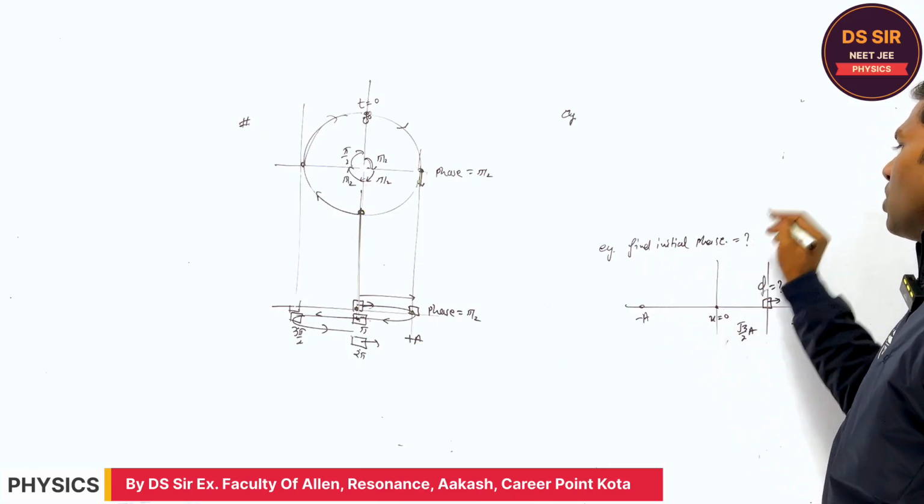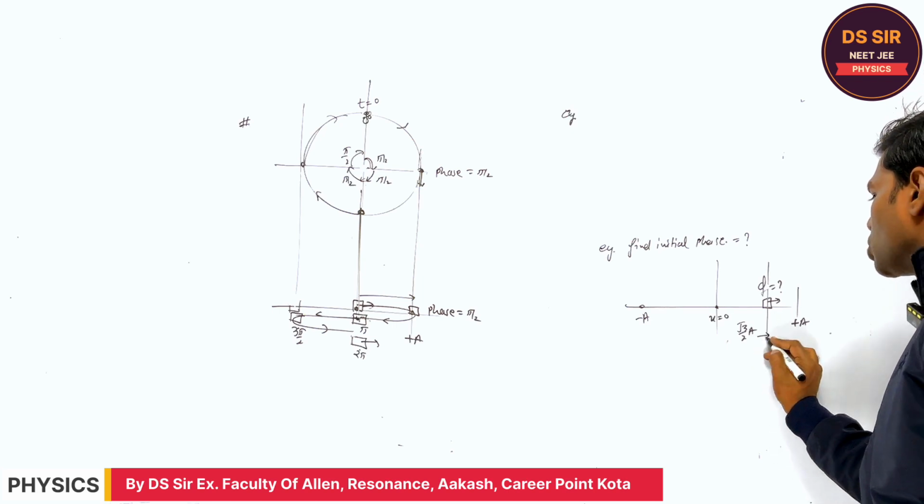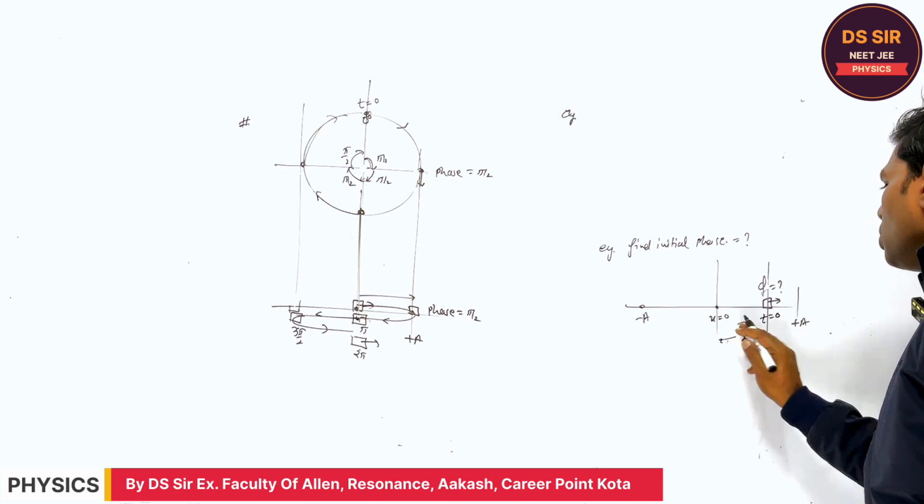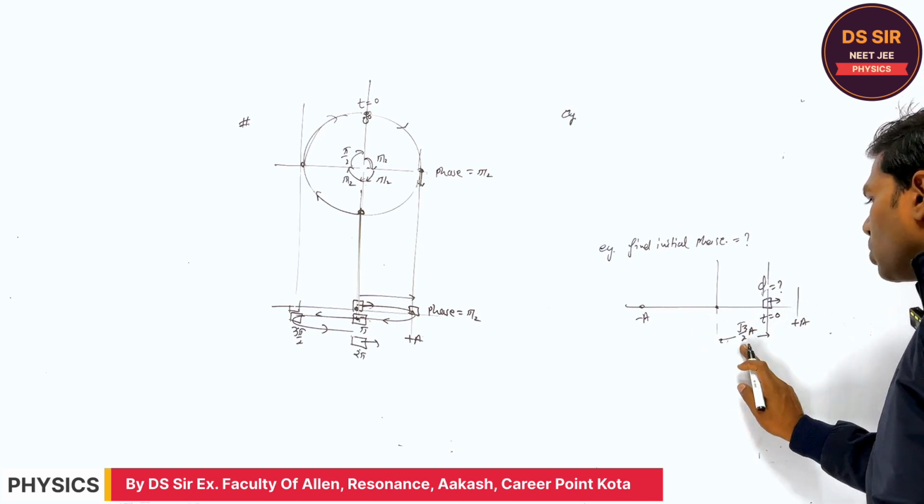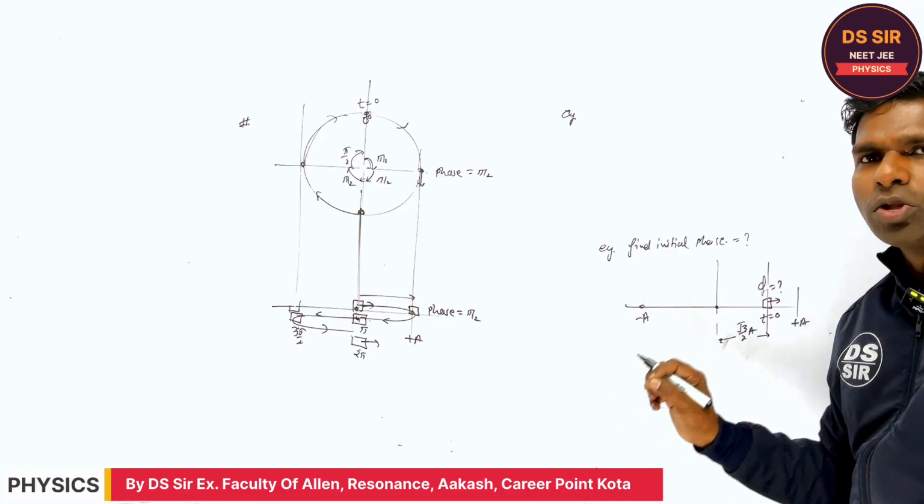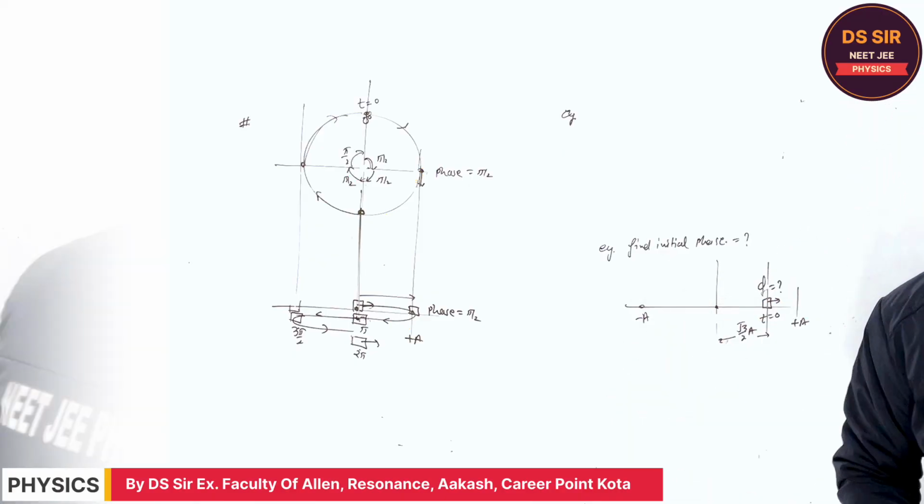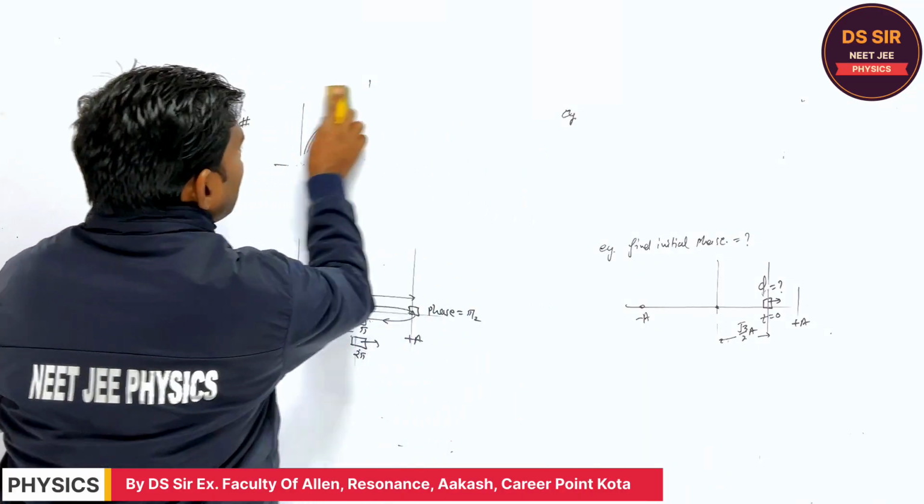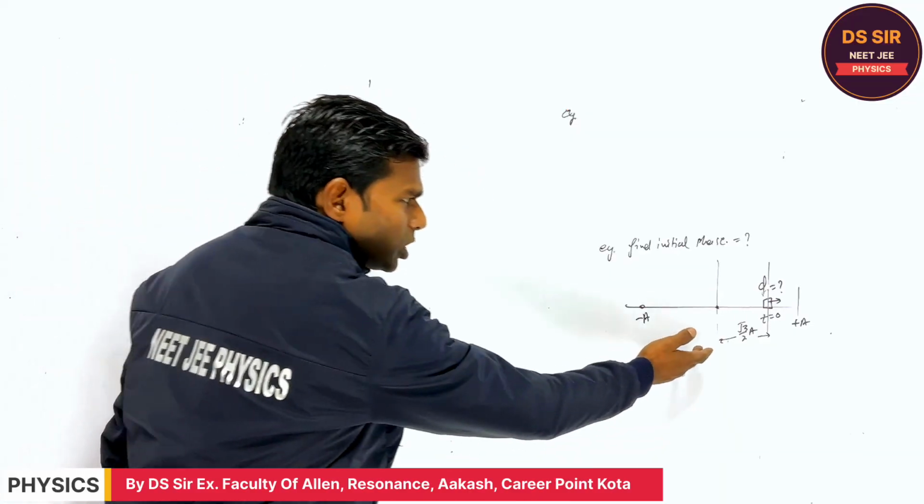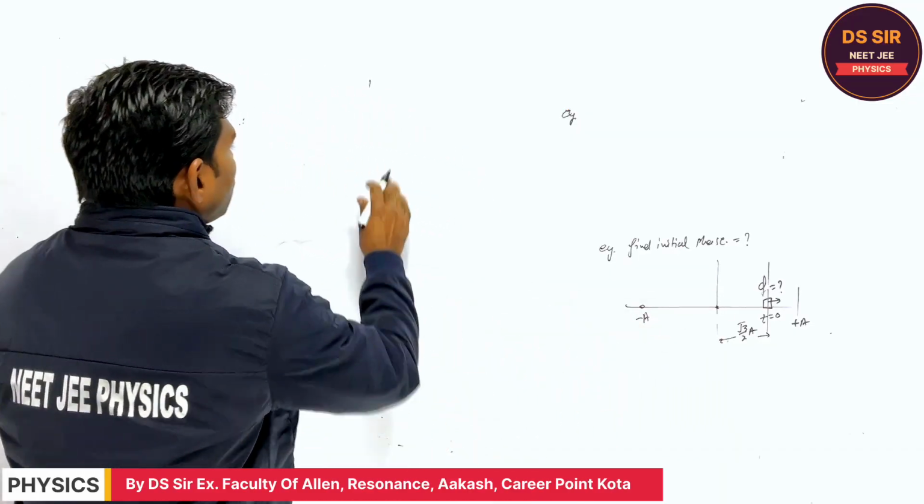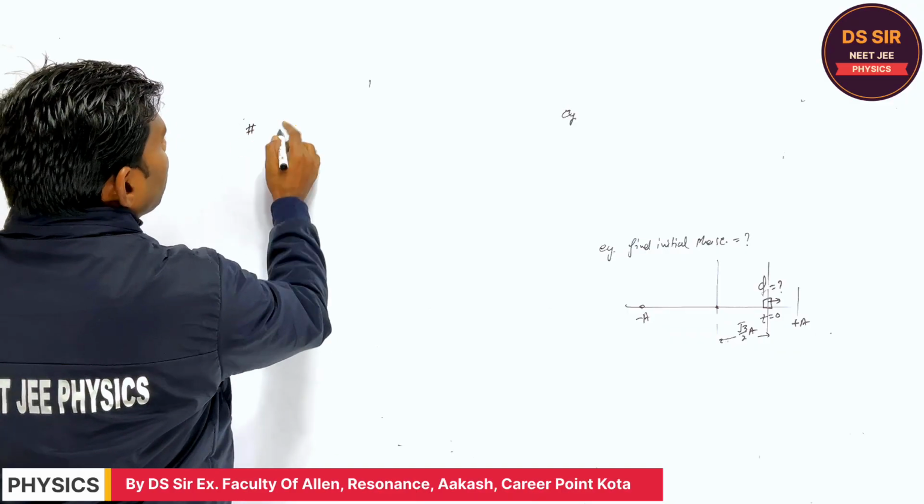Initial phase of the particle. It starts its motion at t is equal to 0. The particle starts its motion from x is equal to root 3 by 2 a. Copy this. So let's see how to solve this question. Although there is a mathematical solution of this question, we will solve it with the help of